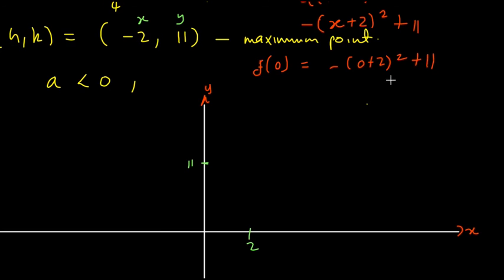So we have minus (0 plus 2) squared plus 11, which is minus 4 plus 11, which is 7. So it's 7. That's why we have the intercept. This is the point where we have our maximum, and so our graph will look like this,